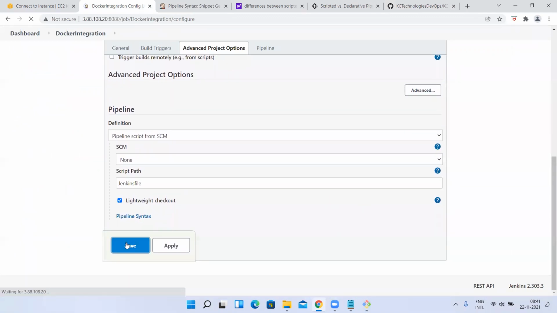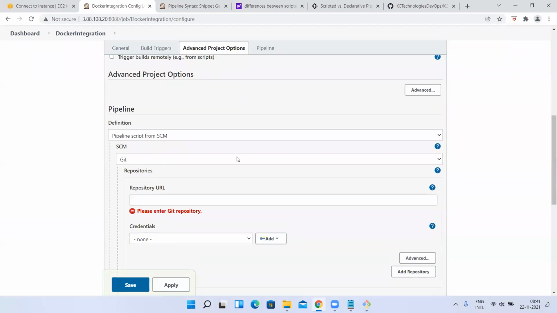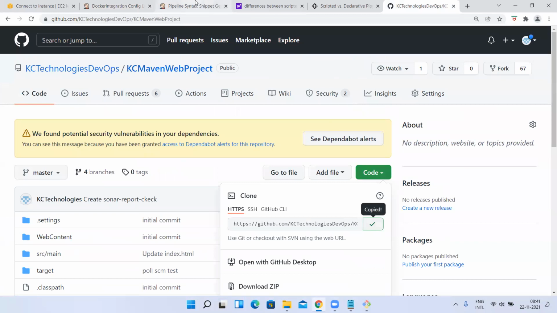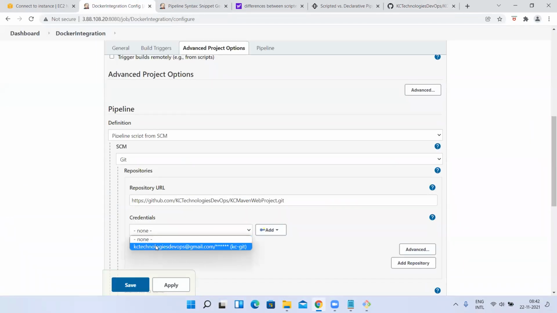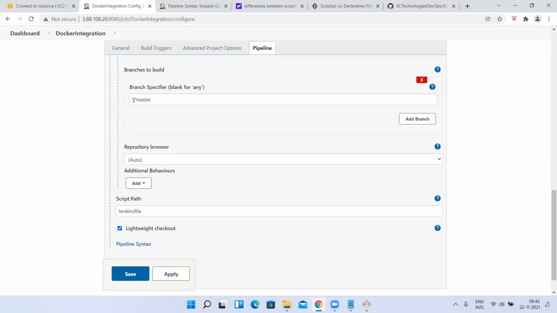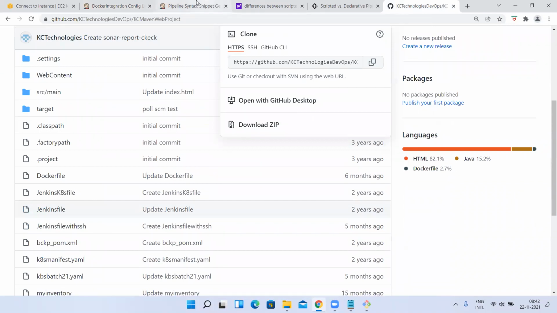Now, if you select the SCM option here, let me go to that once again. So if it is pipeline script from SCM, which SCM is it? Git. What is the GitHub repository URL? Your GitHub repository details you give here: your GitHub repository URL, the credentials needed to connect to your GitHub repository, which branch the Jenkinsfile is in, and the name of the file. The default name is Jenkinsfile, right? If it is a custom name, you have to define that. If it is in a different location, not in the project root directory, you have to give that location.